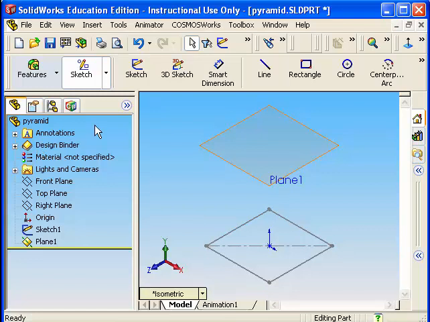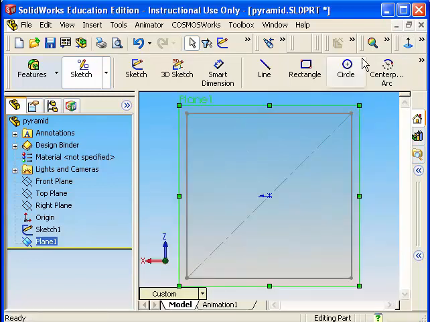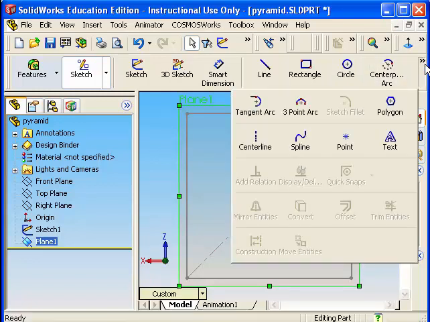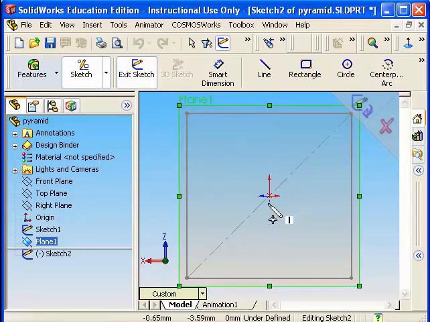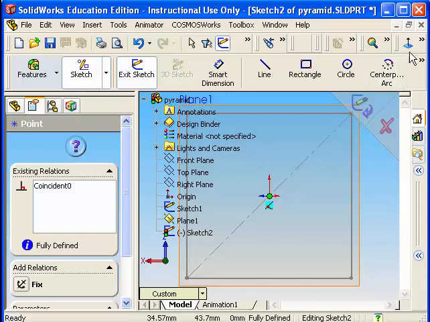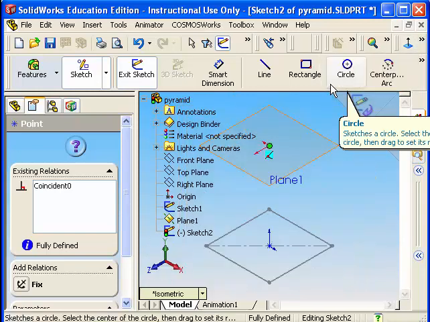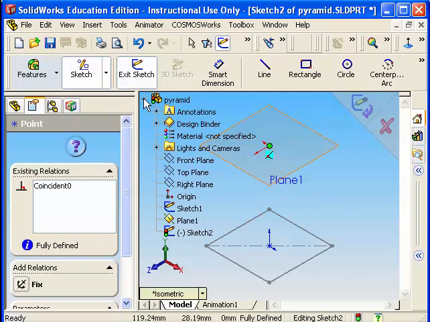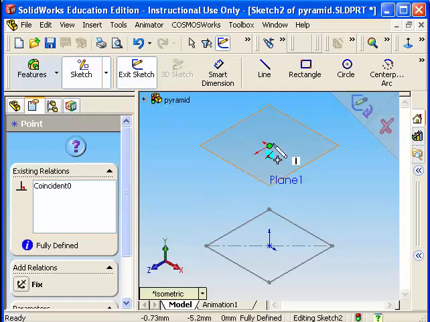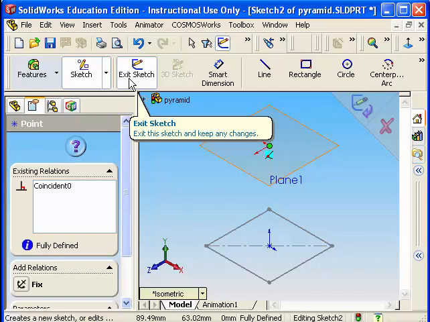Now our plane isn't selected, so just click on it and it goes green to select and we look normal to it. Now you can see the origin from the original plane is the midpoint of the center line, so we'll insert a point directly above that on the new origin. You're just clicking on it and it inserts a point. And then we'll just look at it in 3D just to see what it looks like. And there you have it, you see your little point above the original square. So we'll exit the sketch